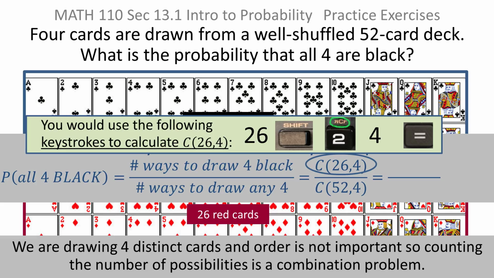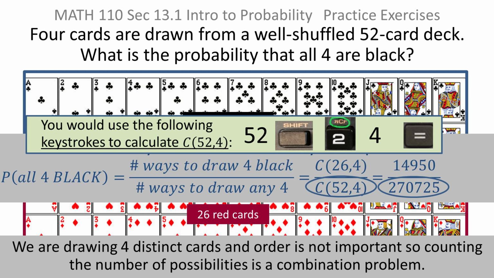Now luckily you have a calculator that can do all the hard work. So what you do is you enter 26, then remember the combination is shift 2, then you enter a 4, and to evaluate you press equal. And when you do that, you will get 14,950. And now we just do the same thing with the denominator. The only difference is that we're entering 52. We still do shift 2, then we enter 4, and finally we press equal. And that comes out to